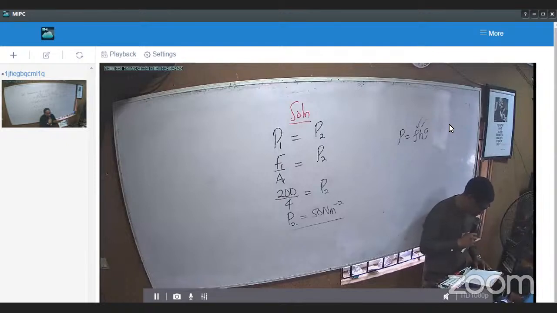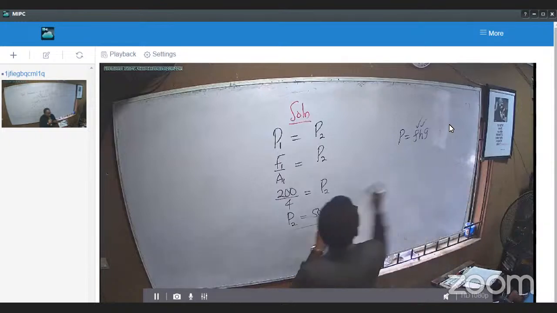Next question, number 6. In the hydraulic press, the force F applied is related to the diameter D of the cylinder by